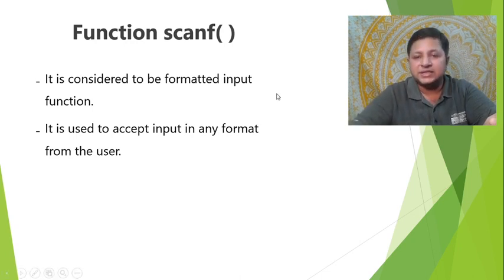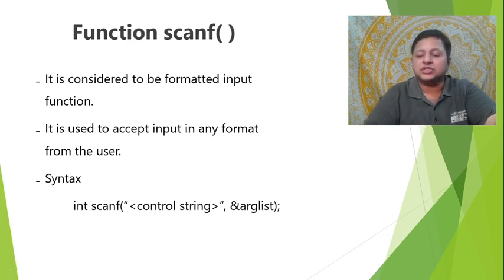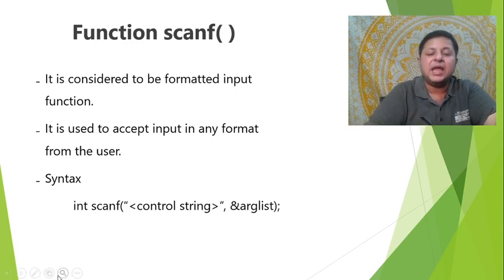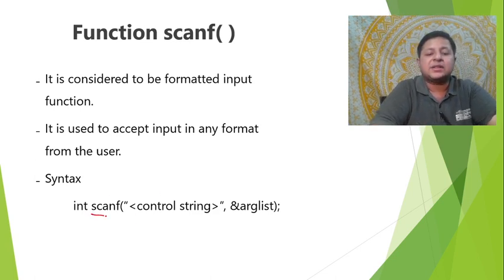So let's look at the syntax. You will see here the name of the function is scanf. We already had seen how the function syntax looks like. You know, we have a function name, then we have the argument list, and we have return type and so on. So here scanf acts as a function name. So it's a function name. What about the argument list? Mainly or broadly, it has got two arguments.